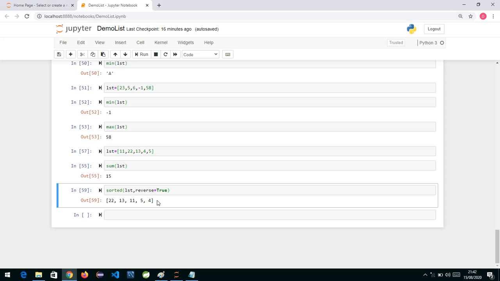By default it is ascending. If you want descending, you will specify over here reverse is equal to true. We are going to change the default argument, which is by default set to false, over here to true. Okay, now you can have a nested list inside a list, you can have a tuple. So a list can contain anything. It can have heterogeneous data.